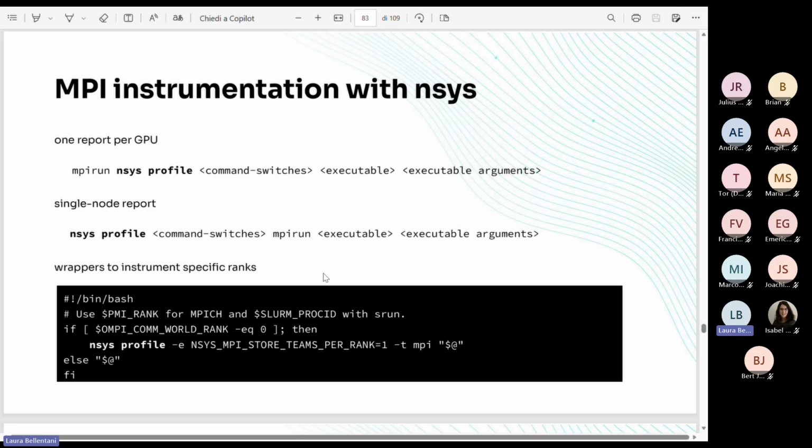If you want to measure only one MPI task, because maybe you don't want the information for all the MPI tasks for some reason, then you can use a wrapper which activates the nsys profiler only for one specific rank.